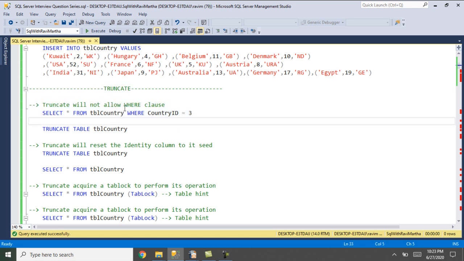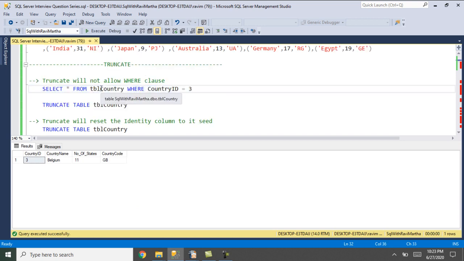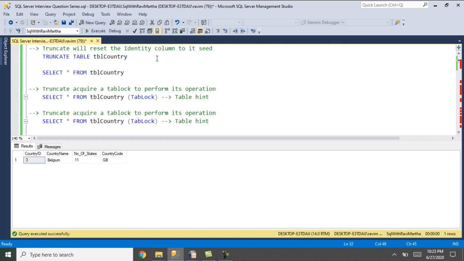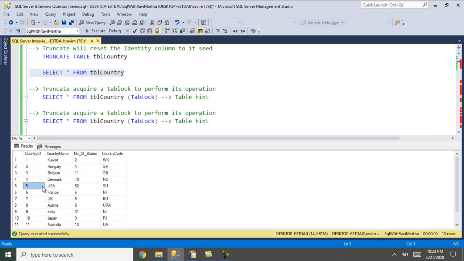So truncate will not allow a where clause. I'm selecting from TBL country, and with country ID 3, applying the where clause. It says incorrect syntax near the where clause, which proves that truncate will not allow a where clause. The next one: truncate will reset the identity column to its seed. So I'm running the query. The last row was 13. I'm truncating the table now,